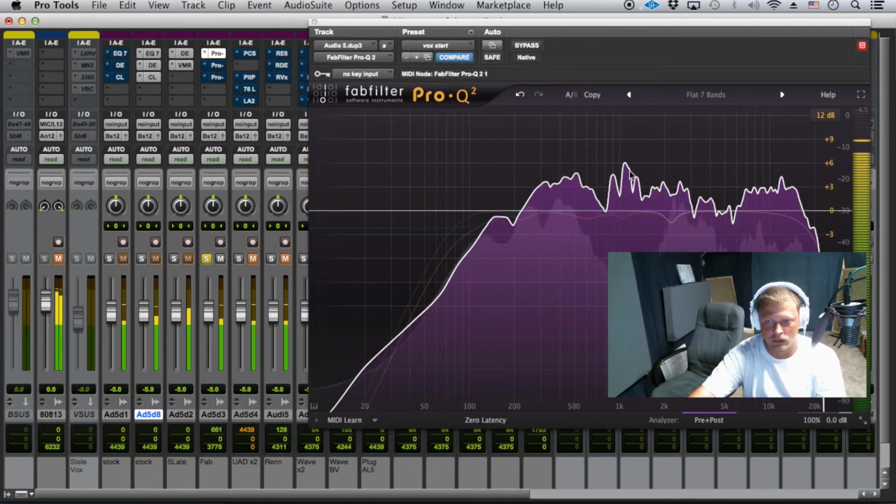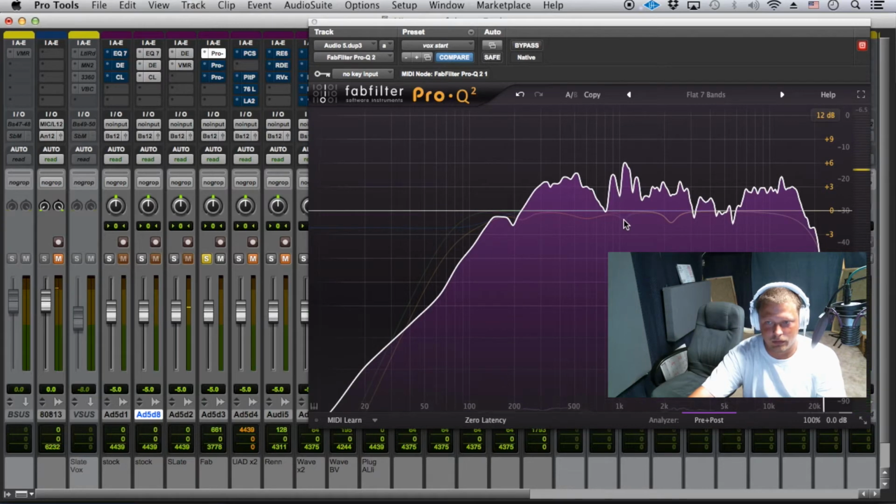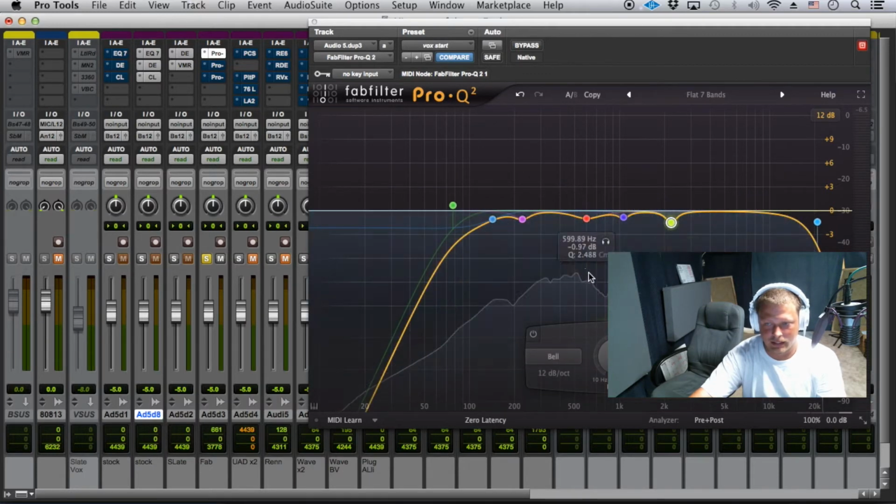So there you can already see a place where we took some out. You can see that peak there. But that doesn't mean at every peak you're going to find resonance. Now, in this one...